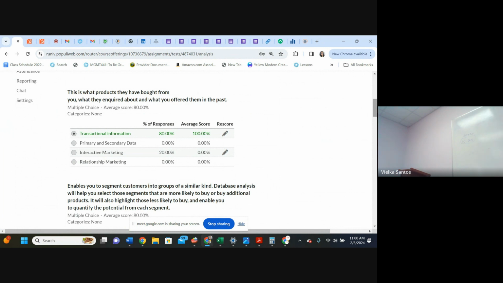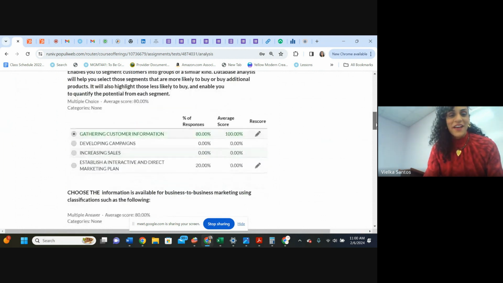These are what products they have bought from you, what they inquired about, and what you offered them in the past. Information about transactions. Ingy bought from me before, Boo bought from me before, Amang, Jax, all your beautiful names. Okay, it's an example. I use your names to make it funny.